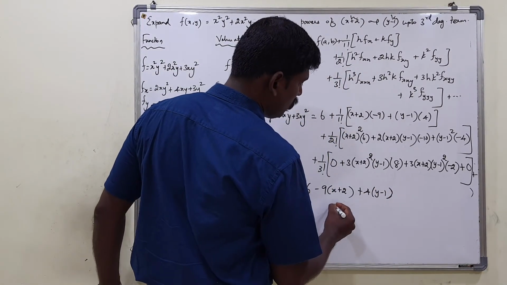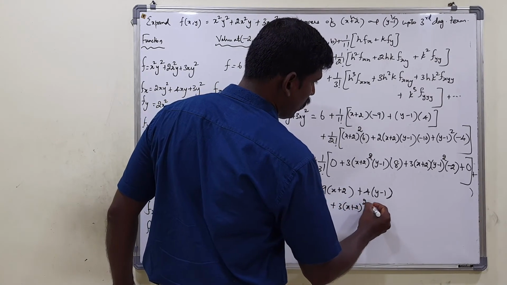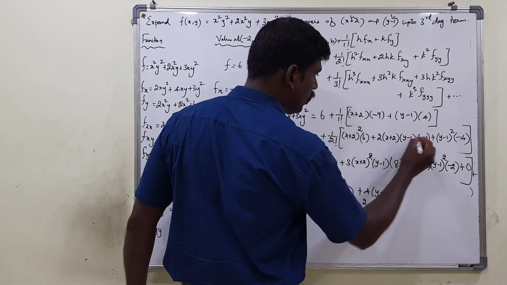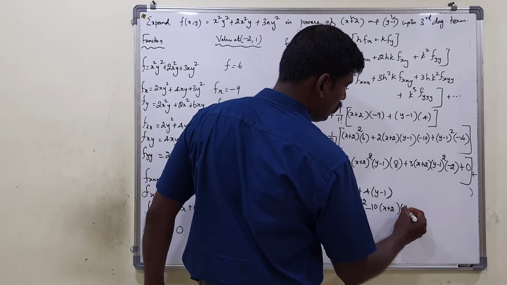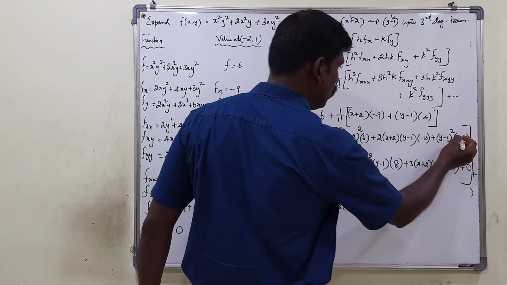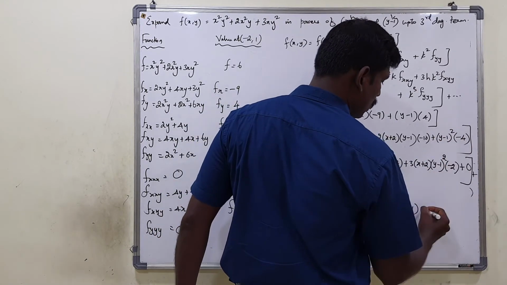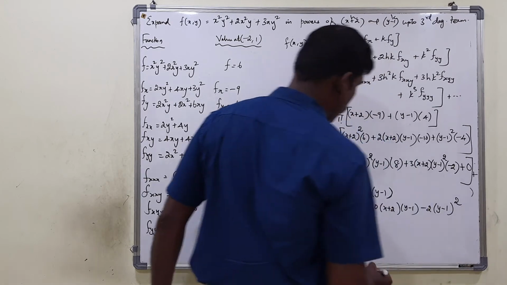So what? Plus 3 into (x+2) the whole square minus 10 into, this 2 cancels with that 2, minus 10 into (x+2) into (y−1). We can cancel that minus 4 with this 2, so minus 2 is here, so minus 2 into (y−1) the whole square